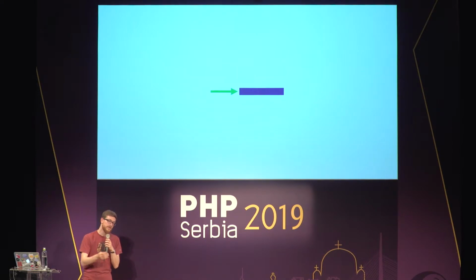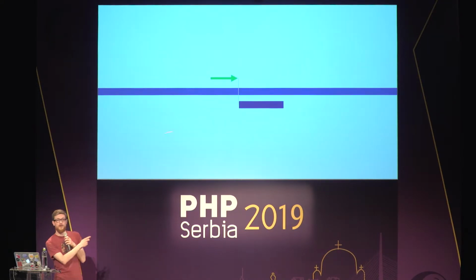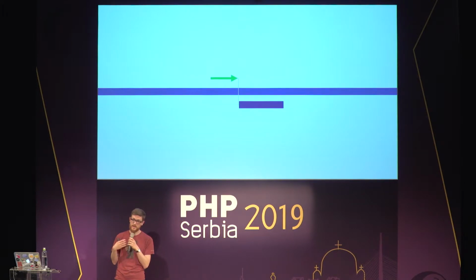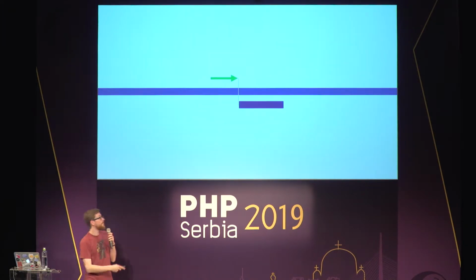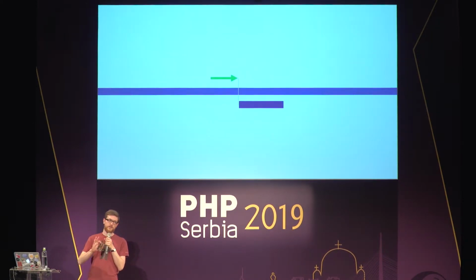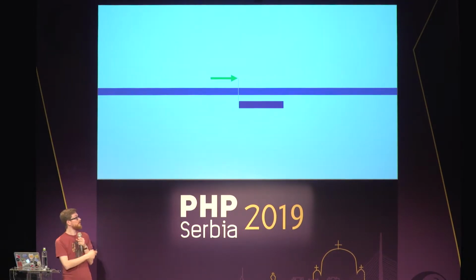But in reality, it's not really like this. It's more like this. You have the large blue bar, which is the web server. It sits there running all the time, and it waits for the requests. That's how it runs today. It's like Nginx, PHP-FPM, Apache, whatever you want. And when the request comes in, you have a bit of PHP code or any kind of code that gets executed. So moving from traditional hosting to serverless and to function as a service is actually moving from that to that.